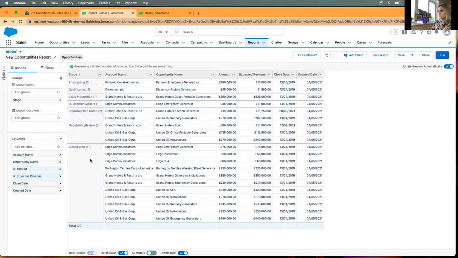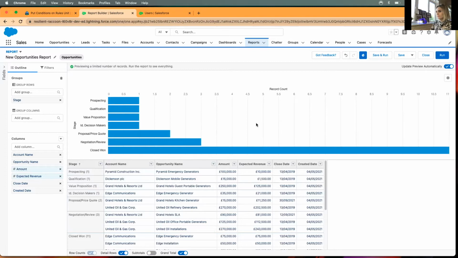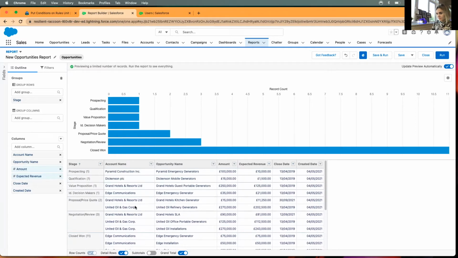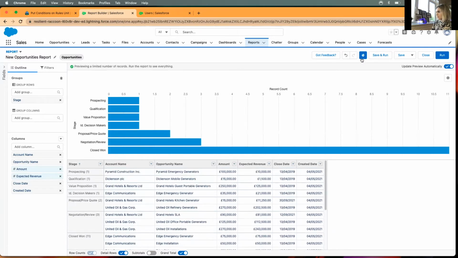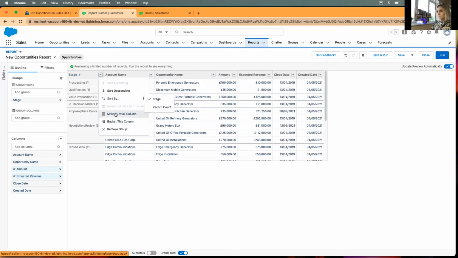And let's see what else. We have all the accounts. We have stages, accounts, opportunities. Let's see. Can I create a chart with this report? So I can use, where do I have Grand Hotels in multiple places? We'll go for a different view. Actually, I will make this